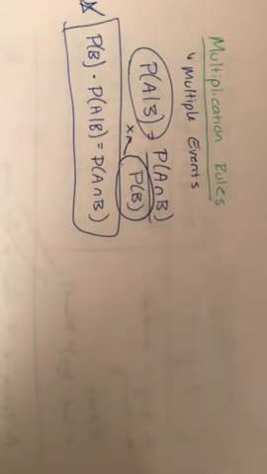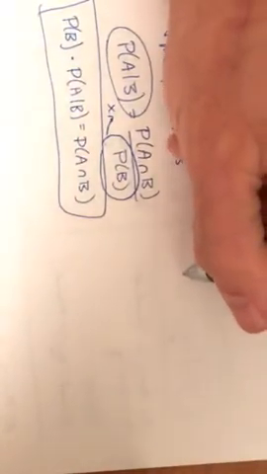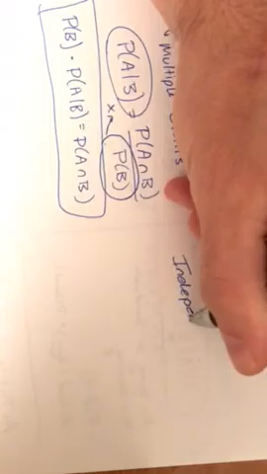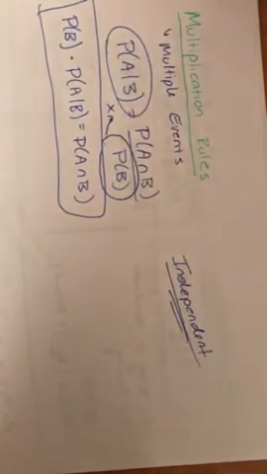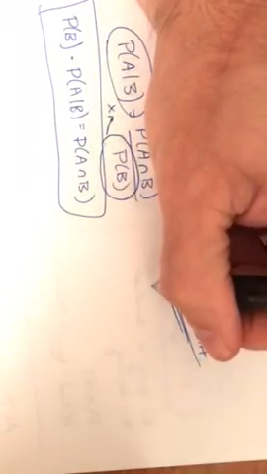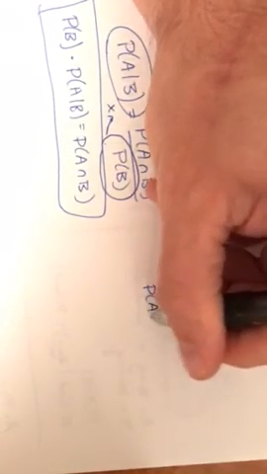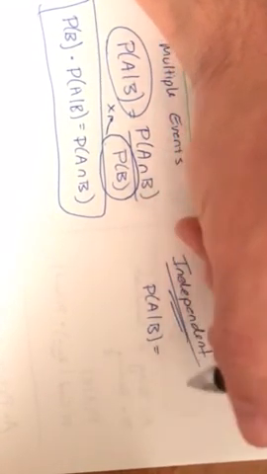Now, in the situation where the events are independent, we just learned if they're independent, then the probability of A given B is exactly the same as